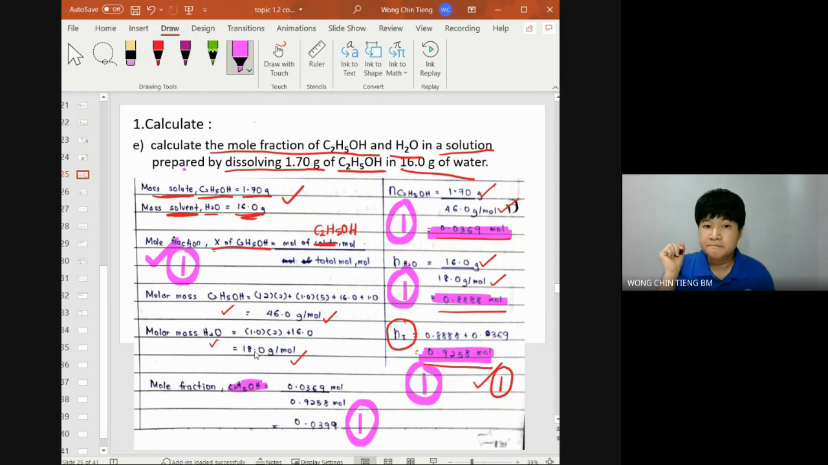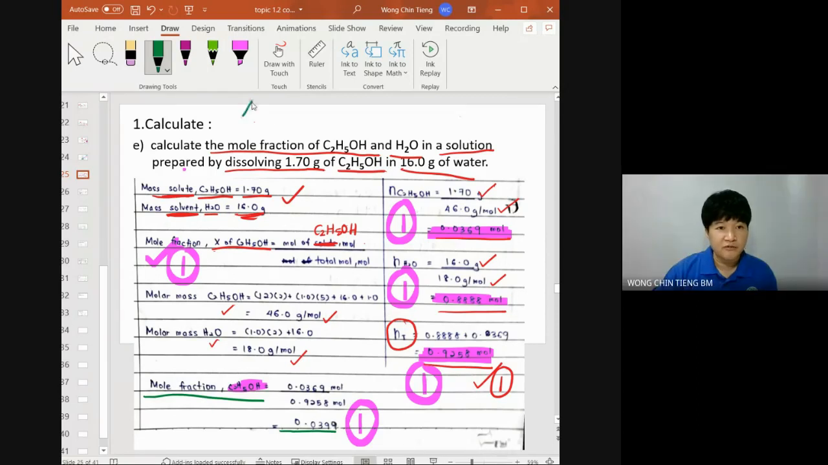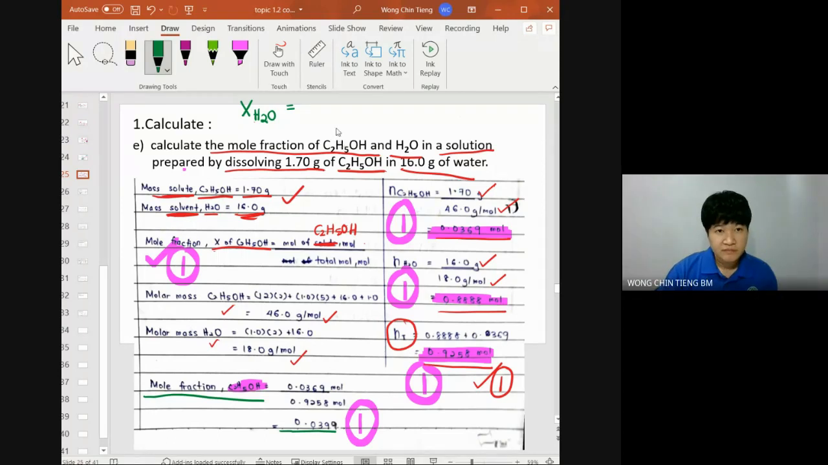Jawab semua soalan kah? Kawan kamu jawab semua soalan tak? Aiman? Aiman duk geleng. Aiman say no. Apa yang dia tinggal, Aiman? Aiman Saad? Ya, betul. Apa yang dia tinggal? Mole fraction of water. Macam mana Aiman cari mole fraction of water? First cari number of mole of H2O. Lepas tu